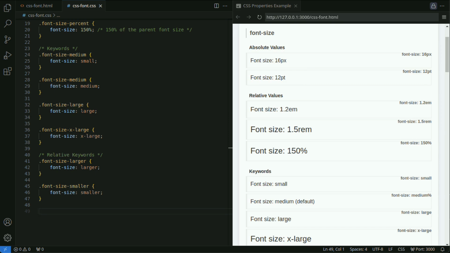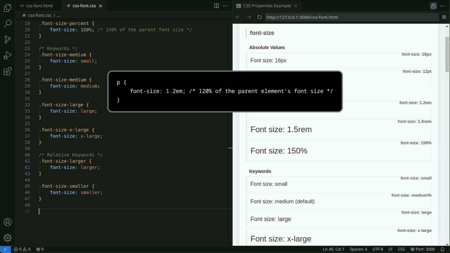You can also specify relative font sizes based on the font size of a parent or root element. This is suitable for responsive design. Em is a relative unit based on the font size of the parent element. If the parent's font size is 16px, then 1em equals 16px.